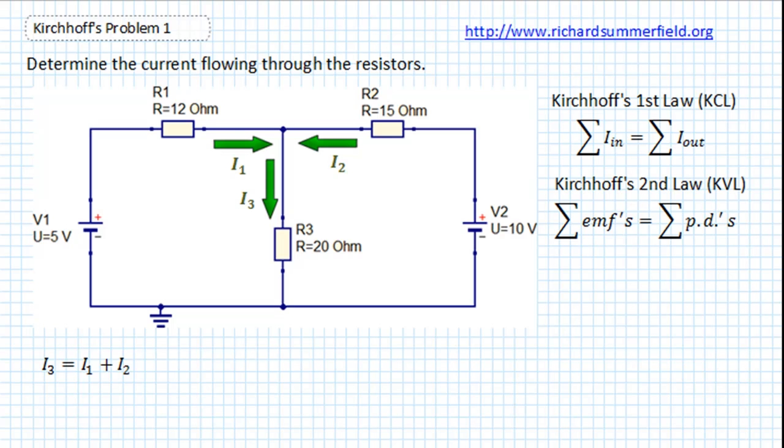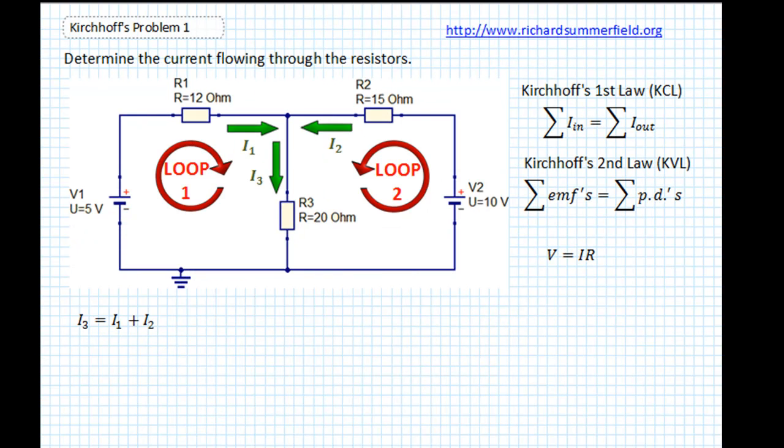To help us put this into an equation, then we need to calculate the PDs. So here we have the resistance value and we have the current. So we can actually use Ohm's law to find the voltage drop, because V equals IR. In this circuit we have three paths around the circuit. For the sake of solving this, we're just going to look at two of the paths, one due to voltage 1 in this area and the other one due to voltage 2 in this part of the circuit. So we can follow what we're doing,